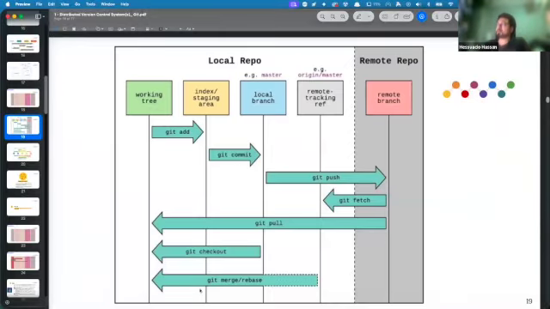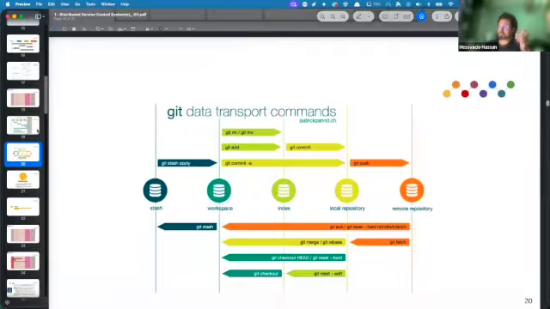Okay, so we went through a lot of this on the local side. I want to talk through this a little bit more, but let's go through the assignment first, and then we'll go through this piece here. But I do want to point out, when we were talking through a lot of the